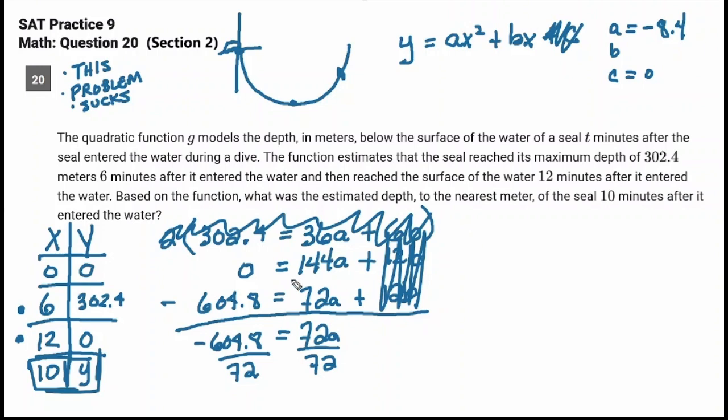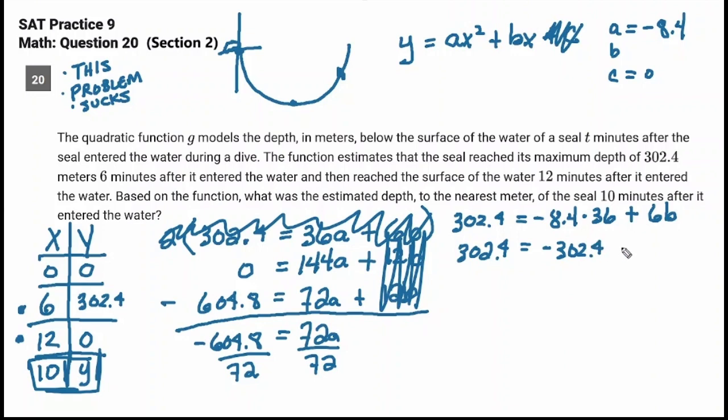In order to do that, I just want to use one of these points. I'm going to use this point right here because I got no zeros in it. So it's 302.4, that's y, equals ax squared. I know what a is. It's negative 8.4 times x squared. So times 6 squared, times 36. Plus, I'm looking for b, so I know that it's 6b. Not that hard, got a calculator. 8.4 times 36, remember you're dealing with a negative, so it's magic. It's 302.4 equals negative